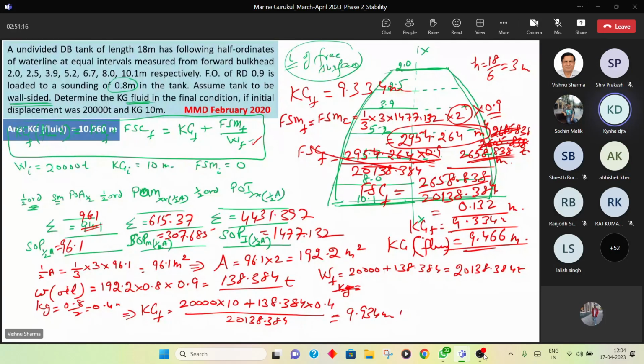So just one question I wanted to ask. Yeah, tell me. This is related to very initial steps. So in the bracket you have written this formula KG fluid. Just by looking at the question, how can